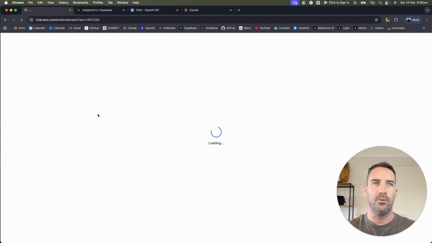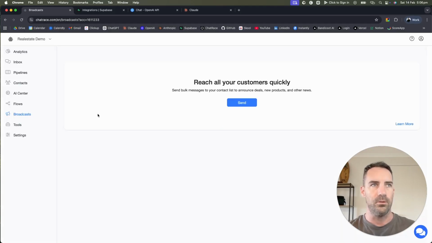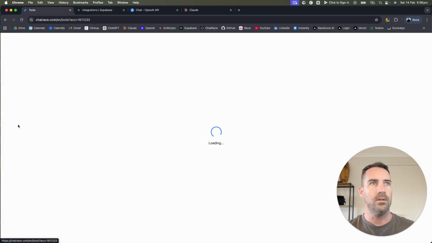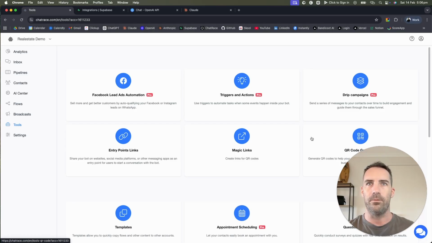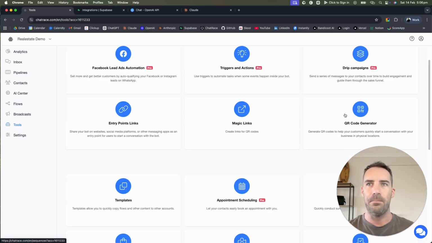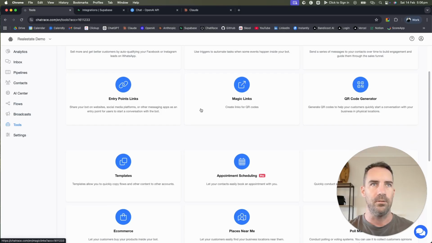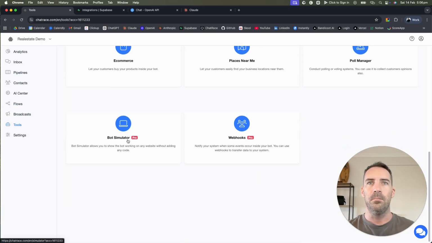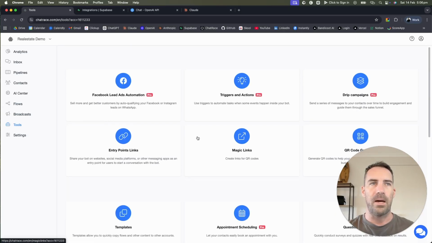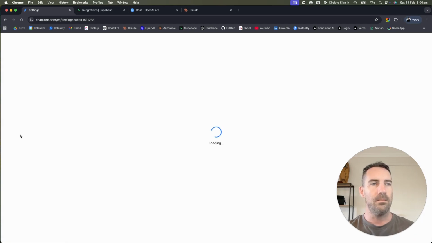Broadcast, this is where you can do a mass broadcast out to everyone who's used your chat. So another thing, you don't use it too often, but it comes in handy. Tools, this is something you can always scroll through and have a little play around with. So there's a few different things like drip campaigns. You can create QR codes and links and all these other bits and bobs, but that's probably a bit outside of this tutorial. We're going to come down to settings,